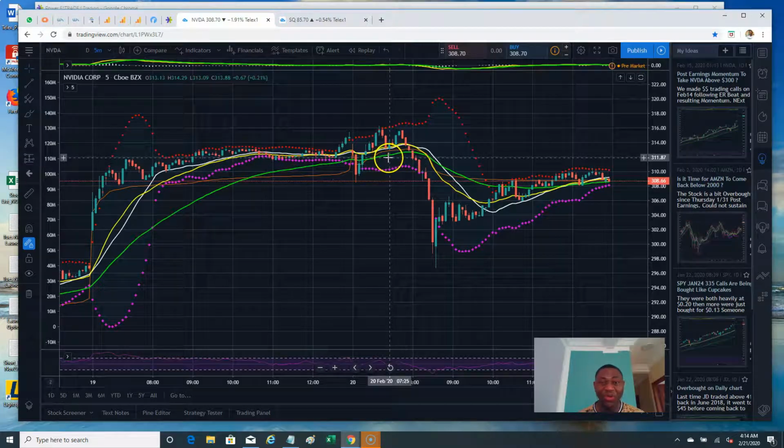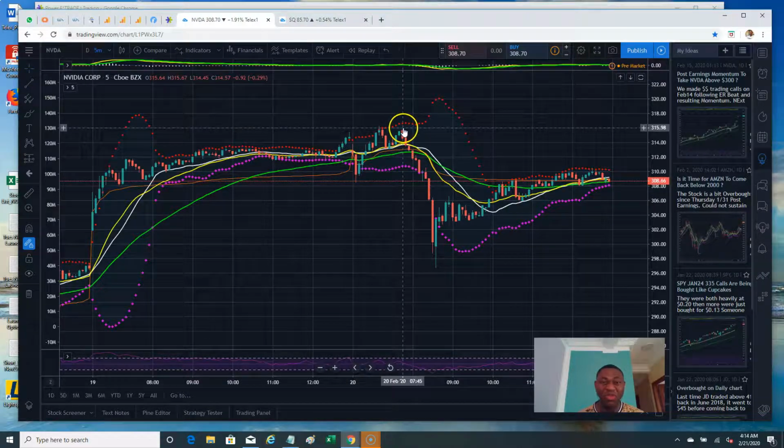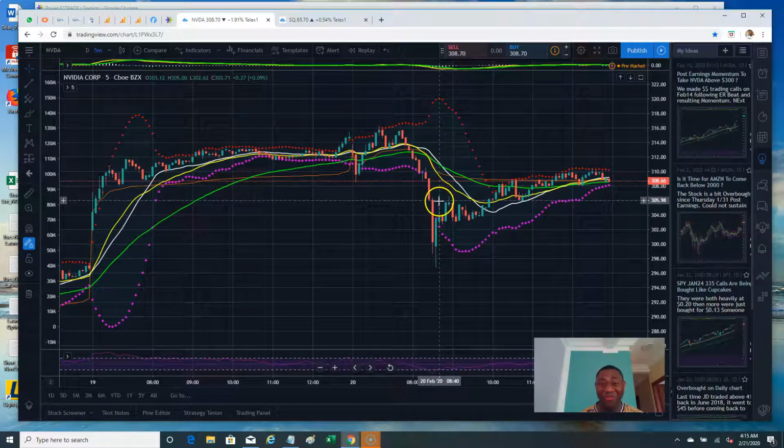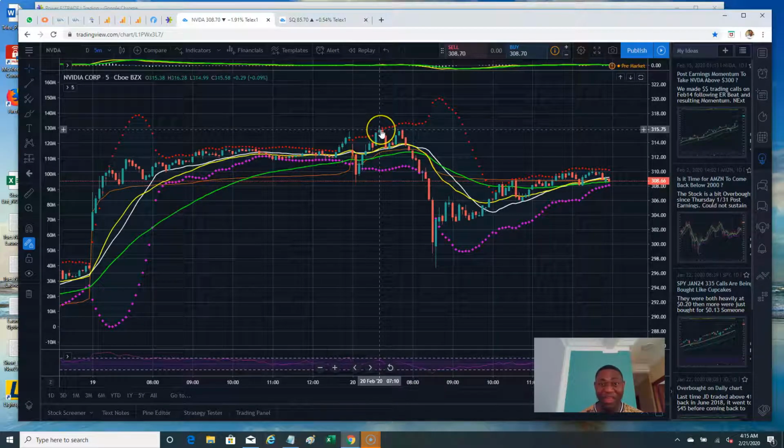So you could have scalped calls from this level here, 313 to 315. That's not that much. And then the madness started at 10:45 Eastern time, where the entire market just sold off hard, big time. I mean, if you traded Nvidia from 315 here, because